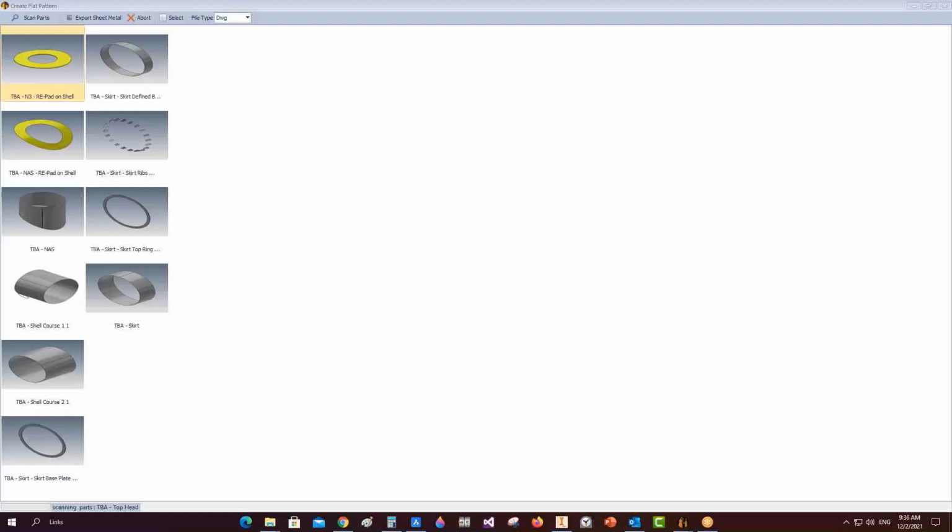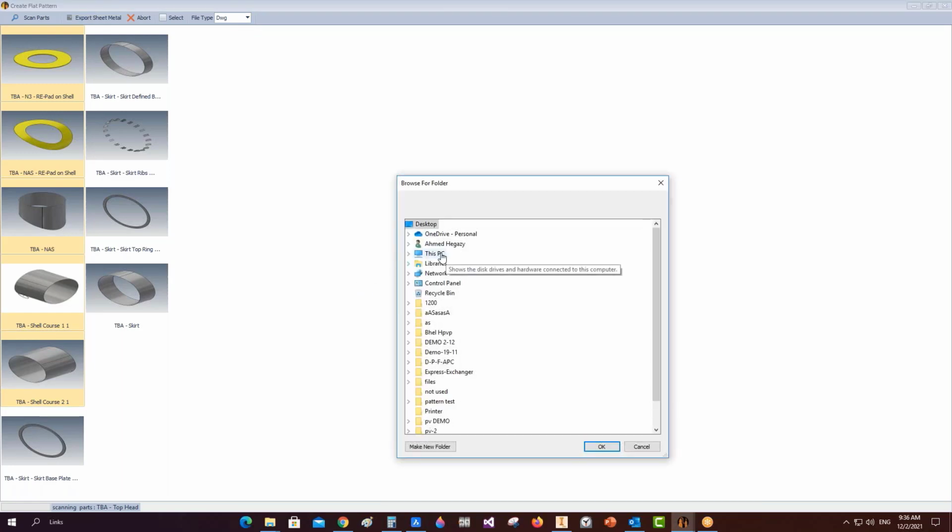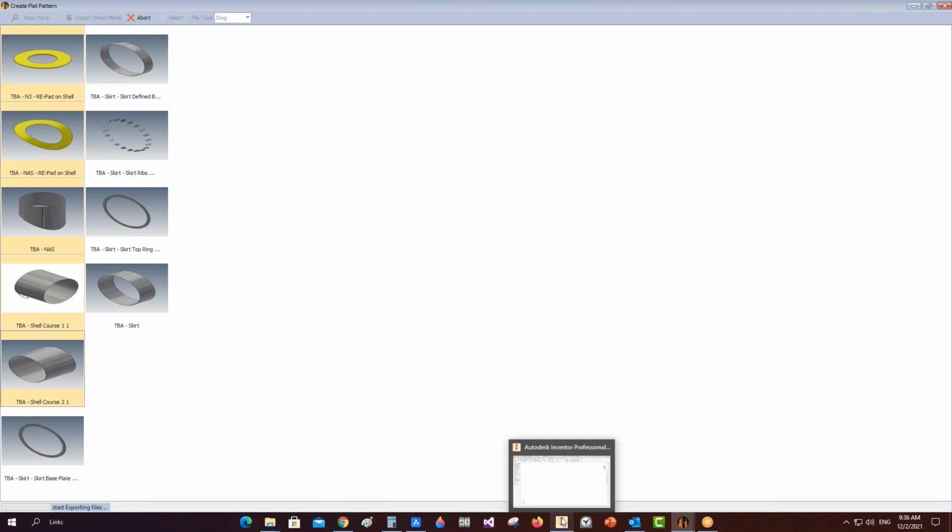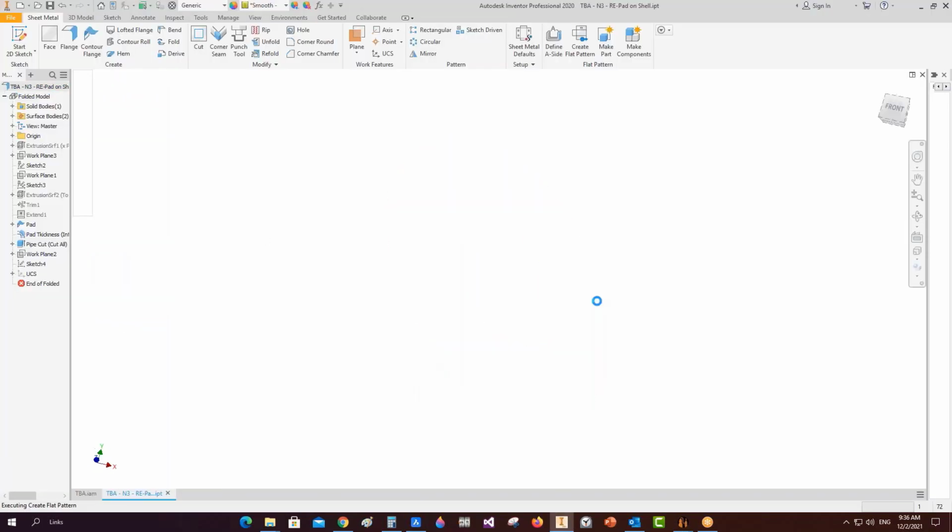Okay. Now let's come back again to the model. Here we make a scanning for that, so you can select the required items that you would like to make a flat pattern for. And from here, let's select the DWG extension. Okay, and let's export the sheet metal for those. And from here, let's go to the desktop and select the demo of this one, DV2. Now we will export the sheet metal flat pattern